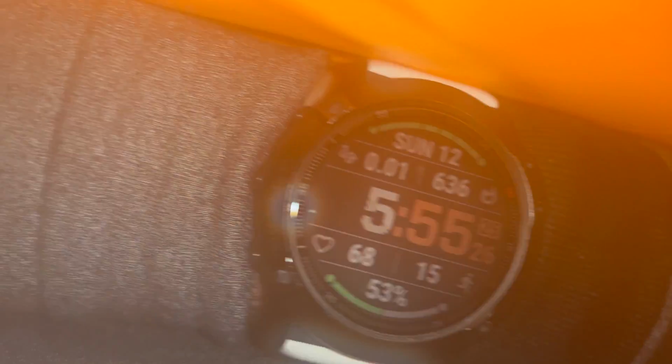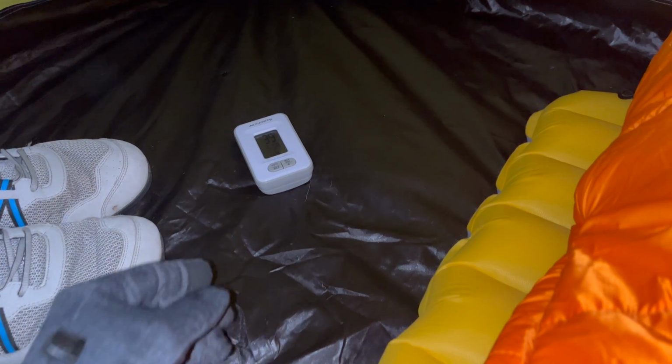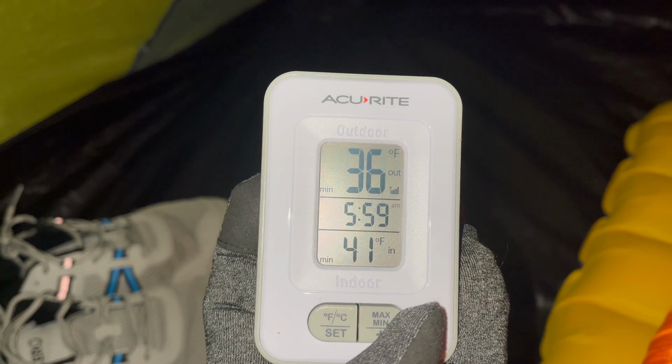I woke up again at around 6 a.m., just before sunrise, and checked the temperature outside. The temperature never got below freezing. It was 36 degrees Fahrenheit, so it just went down 1 degree from the time I went to bed. It never got below freezing, but I was cold, which surprised me and really disappointed me